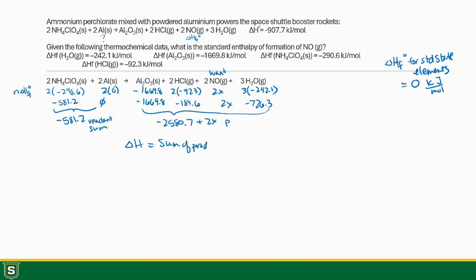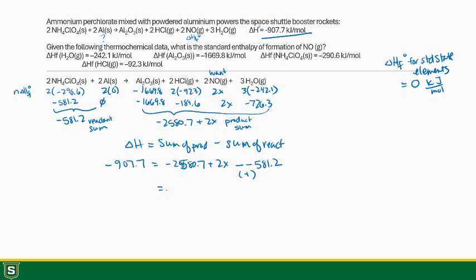Now remember, delta H equals the sum of the products. This is my product sum, minus my sum of reactants. But in this case, I have one more piece of information. I know that this is negative 907.7. And that's going to be equal to my sum of products, which is negative 2580.7 plus 2x, and then minus negative 581.2, which is going to be a positive. If I collect my like terms, I end up with negative 907.7 equals